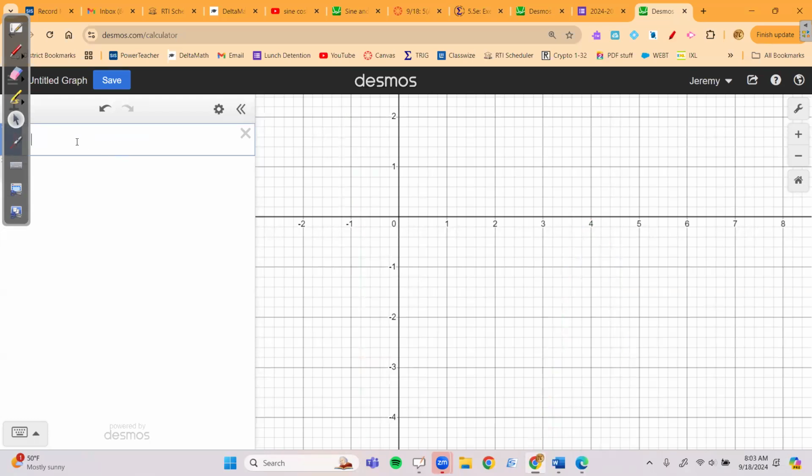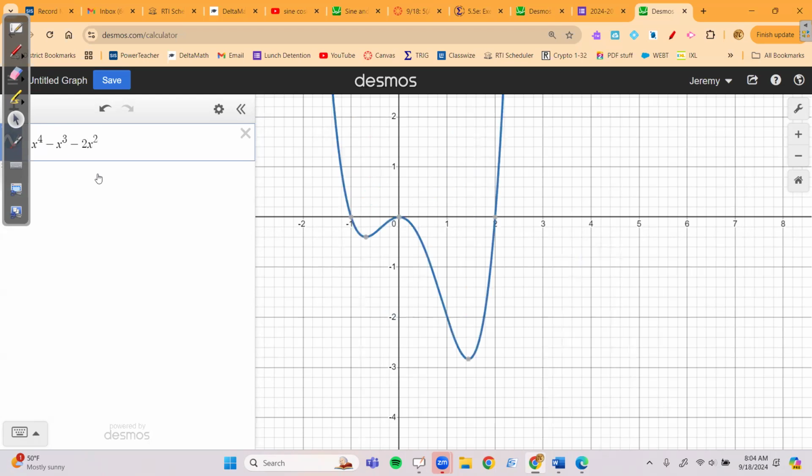So let's take the one we just did. How about that? I'm going to put it in just like it is: x to the 4th minus x to the 3rd minus 2x squared. So you can see the graph on the board that we just did, and you see it behaving, correct? Watch what happens